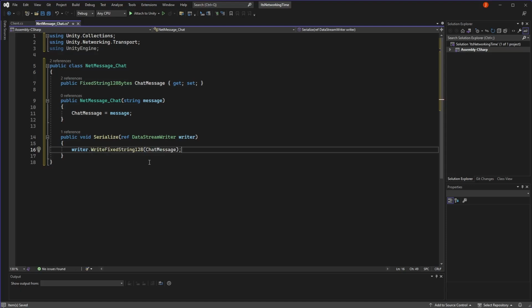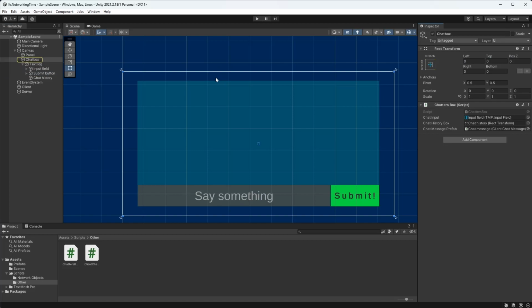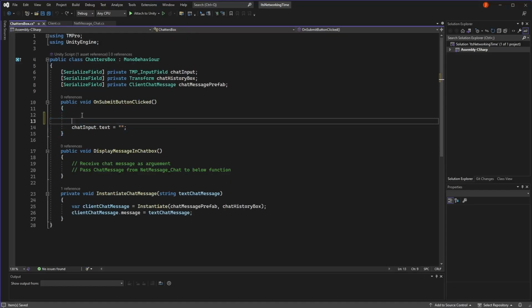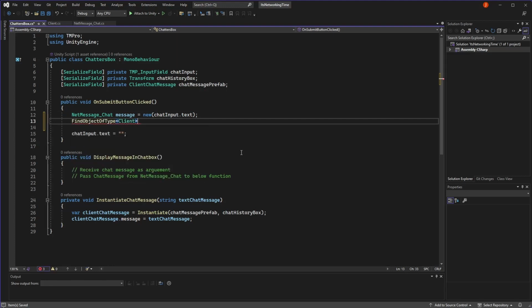So we've now handled all the logic in our netMessage responsible for converting the action made by the player to something we can send across the web. The last thing to do is actually create an instance of the netMessage from our text chat script, which I'll do when the player clicks the button to post the chat. Once we've created the message using the chat input from the player, we'll call the send server function on the client, passing in the netMessage we've just constructed.